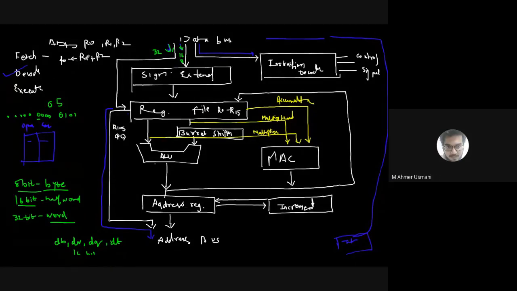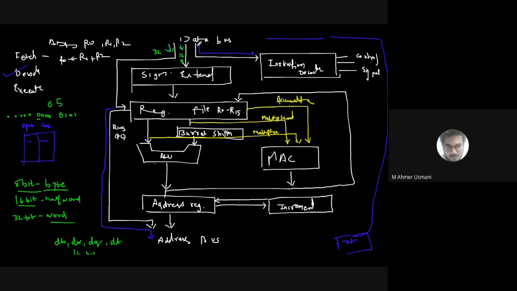Sign. So if this were -5 and you still added 0s, the number would have become positive. You want to keep the number as it is, negative or positive depending on whatever the sign is. So whatever sign you have in the MSB, you just need to extend it. That extension is done by the sign extender. If the data is 8-bit or 16-bit, the sign extender converts it into 32-bit data.